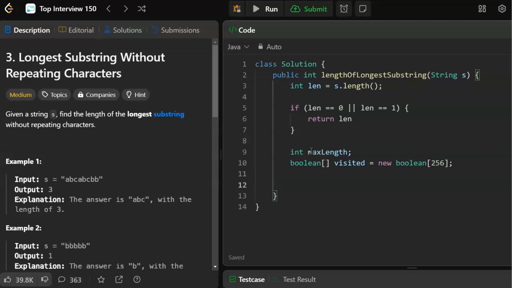We need pointers. Int left equals 0. Int right equals 0. All right, so now we can iterate through the loop. We can say while right is less than len,